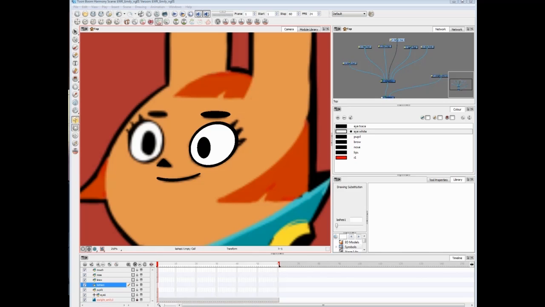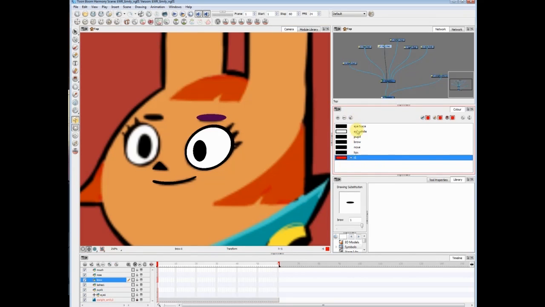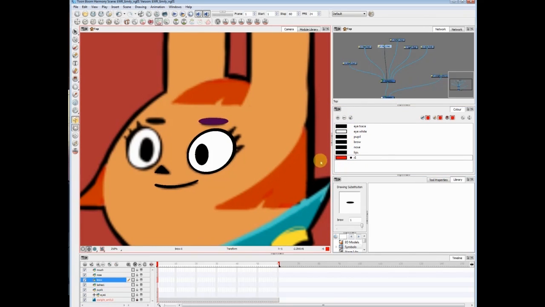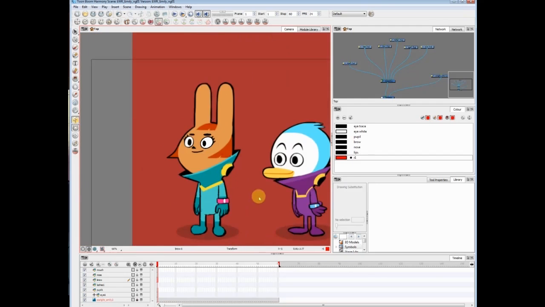Jose asked, how important is it to have separate color for each element? Very, very, very, very important. Because in Flash, black is black. There's no separating it. But in Toon Boom, you want to have as many palettes as possible in case you ever want to change something, once you build Emily here,